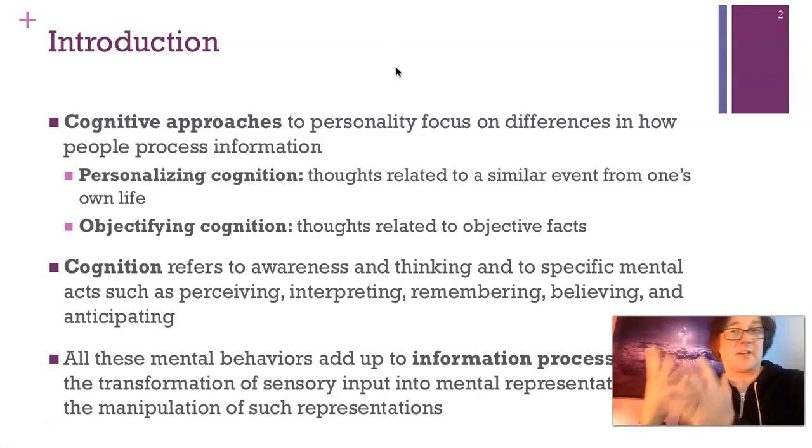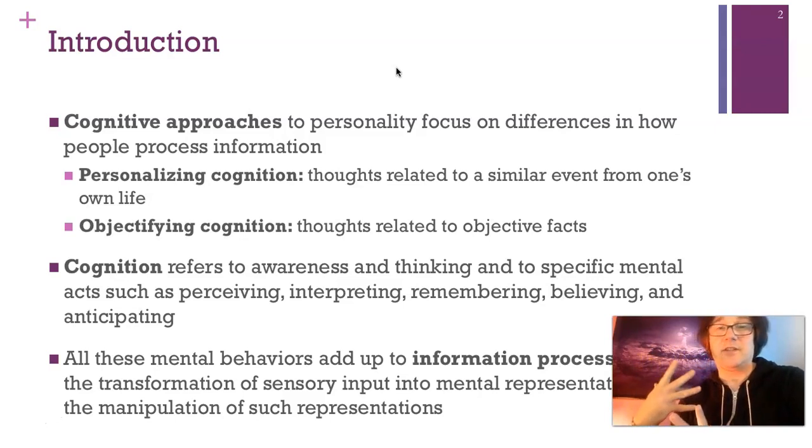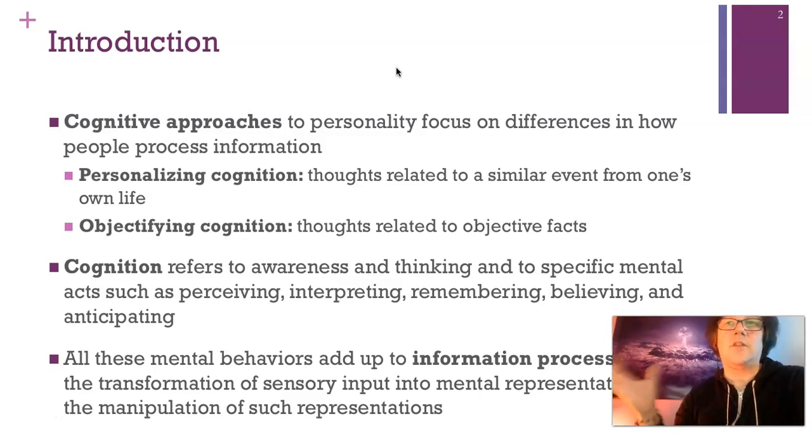So all the signals coming from our various sensory organs, including our taste buds and our ears and our eyes and our skin, all these different sensory inputs. How all this information is transformed into mental representations, and essentially how we manipulate these mental